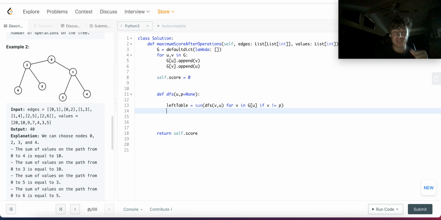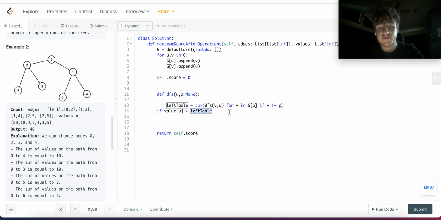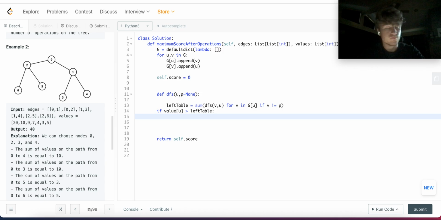All right, so here's where it gets a little tricky. If the value of me, the current node, if you get more by taking me than what's left on the table, meaning, if my value's 10 and all the children saved only equates to 6, well then you might as well take me and then continue that 6 up the system, right? So if my value is greater than what's left on the table, well then you're going to take the current value, which is you. So I'm going to say, okay, I'm going to take the score